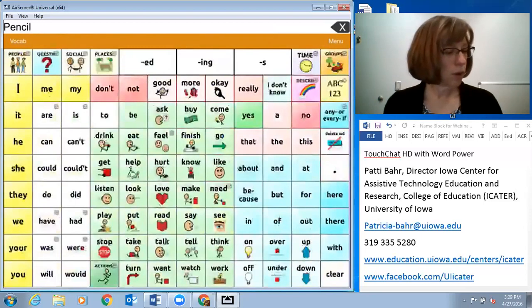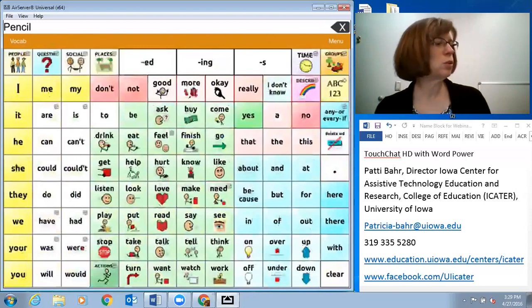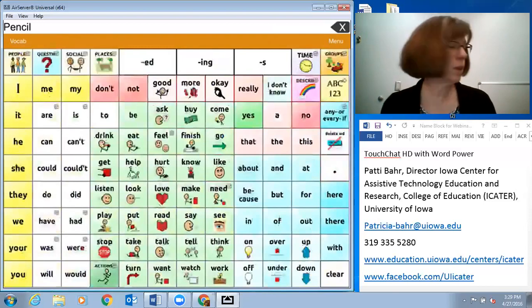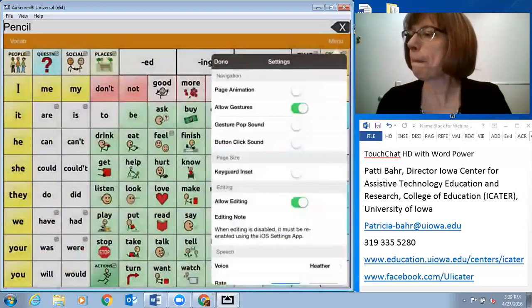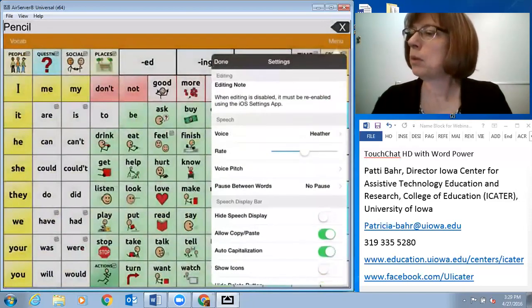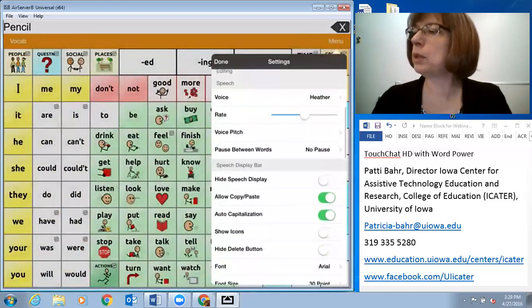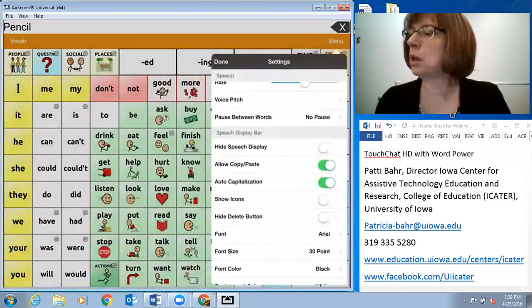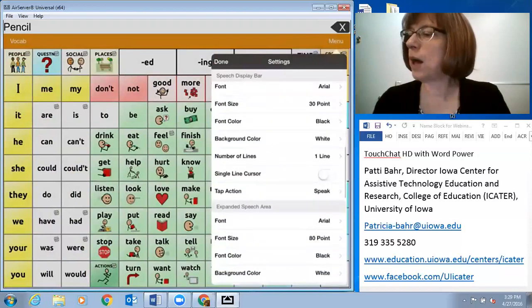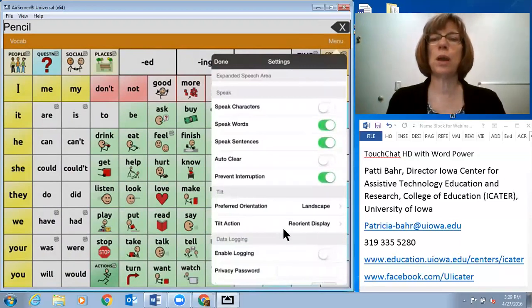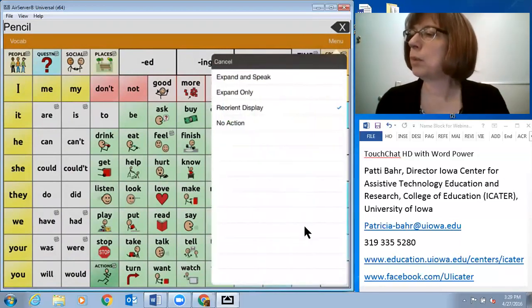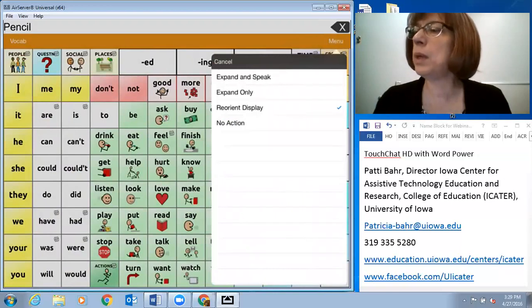So it's a fun app. Let's see if there's anything else I wanted to make sure I told you. Oh, this was something I thought was really cool that I didn't know it did. But in your menu under settings, this is where you can change your voice, your rate, your pitch, your pause between words, whether you have the display on or not, the font size, this tilt action. This is what I hadn't used before. So you can have it expand and speak what's up in